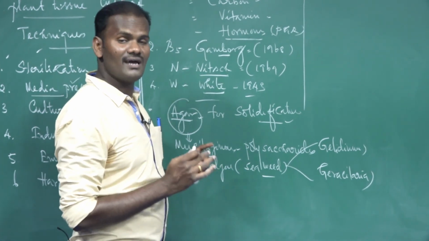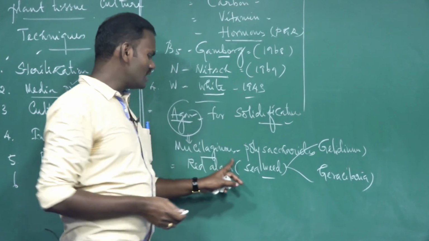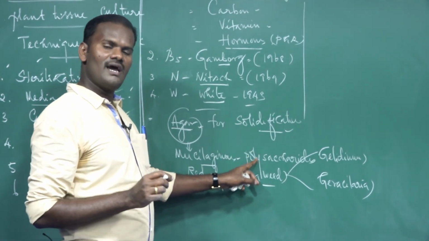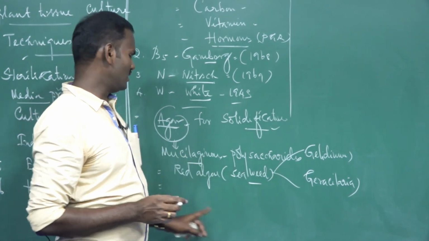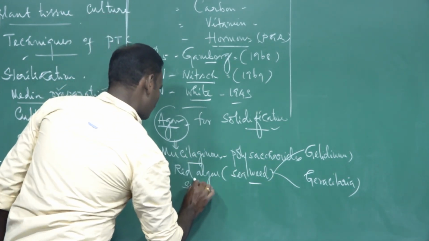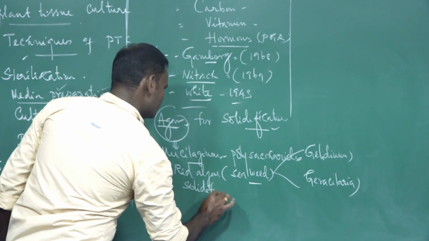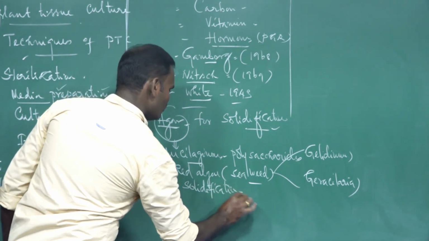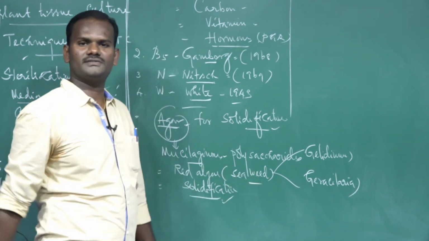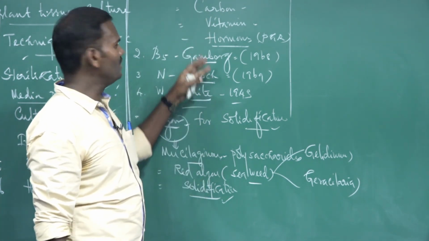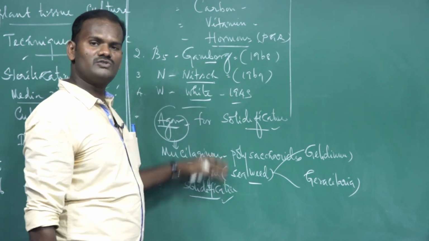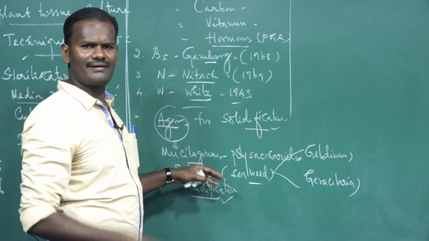Once again, what is agar? Agar is a mucilaginous polysaccharide substance obtained from the marine red algae Gelidium and Gracilaria, that is used in the solidification of medium in laboratory conditions. So these are the media. How to prepare the medium, and the various techniques involved in it, we are going to study in higher classes.